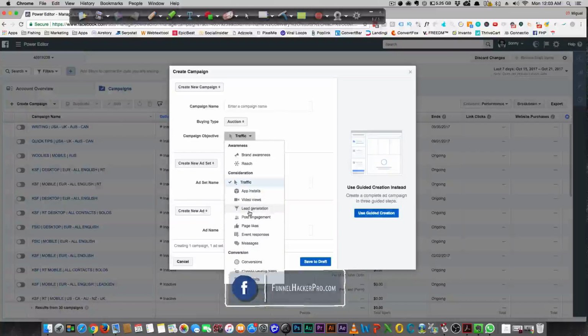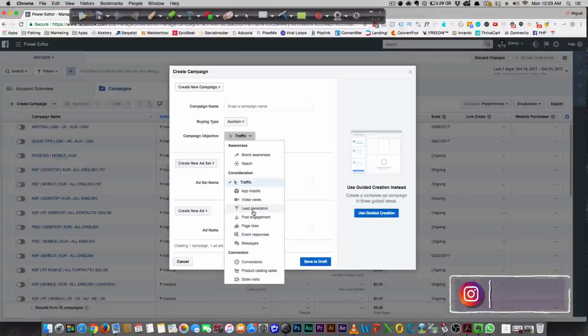Lead generation. This is one of the only ads that has an actual lead form, where people can fill out a form and say, hey, I would like you to send me more information about your product. Or maybe you have an ethical bribe like a PDF, a checklist, or an ebook for them to download, or perhaps even a free Facebook series on how to use Facebook advertising. They can sign up right on Facebook without ever having to leave. Now you get bonus points, because Facebook doesn't want people leaving their platform, and people will sign up because it's really easy to do. So lead generation is something that you should test. But again, this is not for people to buy shit. It's just for people that have an affinity to fill out forms.